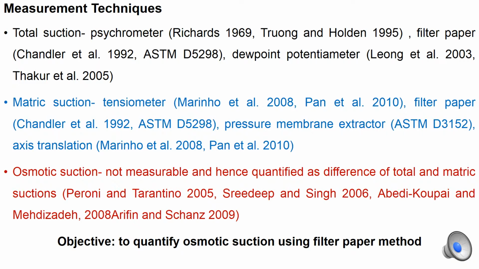Many techniques exist in literature to measure the suction. For total suction, psychrometers, filter papers, or dew point potentiometers can be used, while for matrix suction, tensiometers, filter papers, pressure membrane extractor, or axis translation technique can be used. Whereas osmotic suction cannot be measured using any instrument and hence has been quantified as the difference of total and matrix